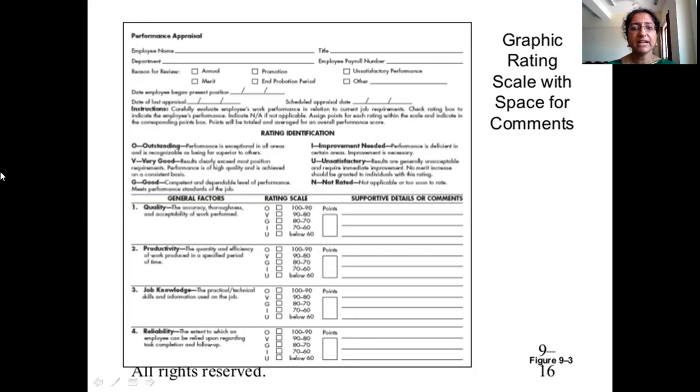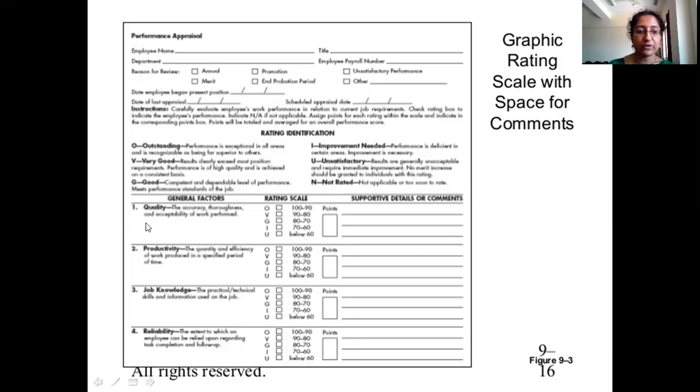Now, again, you will notice that how one rater will look at a trait is different from how another rater will look at a trait. If I'm seeing the point of view of quality, one person may view quality as something where the employee is giving a good quality product irrespective of the level of time. Another rater will see that quality means the employee has to give a good quality product but within a specified time. So there are different perspectives on how you understand the meaning of the term quality. Because of this, it would be easier in case you define each trait by certain words over here.